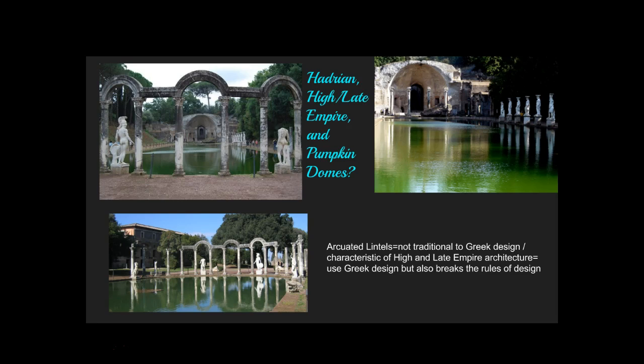This is Hadrian's country villa, is what you would call it. But this is one of Hadrian's architectural styles. He created this himself. It almost looks like a pumpkin because it's got all these ridges in it, and he ended up being laughed at by one of the architects of, I believe, the Pantheon. This is just a little story. He was laughed at by one of the architects of the Pantheon, and that architect ended up just dying mysteriously.